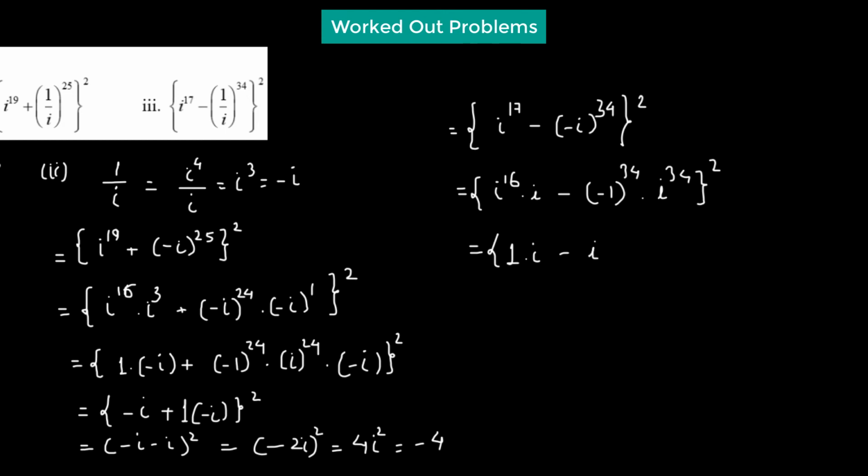Then we are left with i raised to the power of 34, whole squared. So we have 1 times i, which gives us i, minus i raised to the power 34. So i raised to the power 34 will be i raised to the power of 4 times 8, which is 32, so that leaves us with an i squared. So we have i